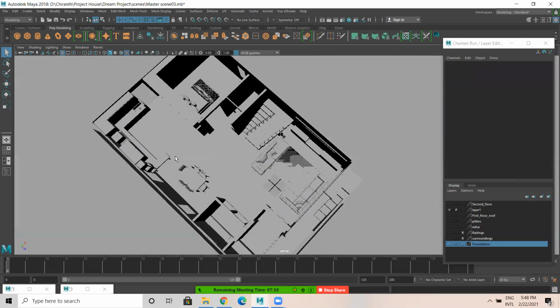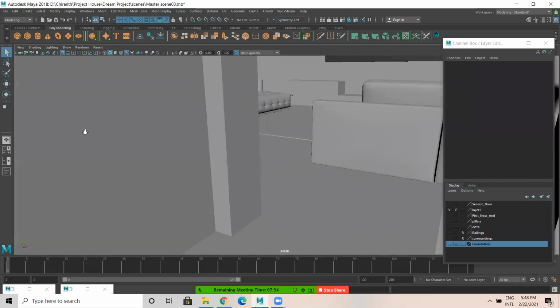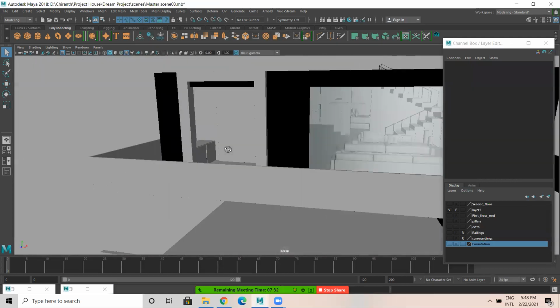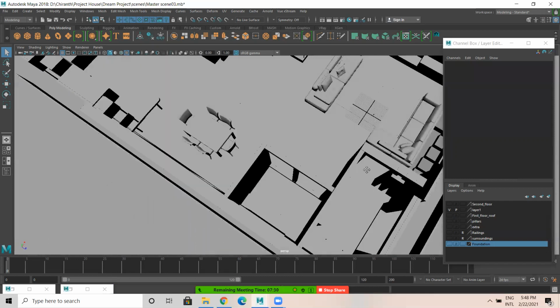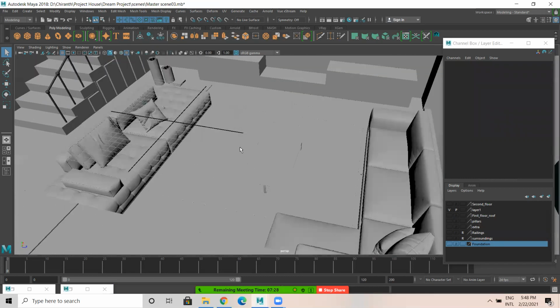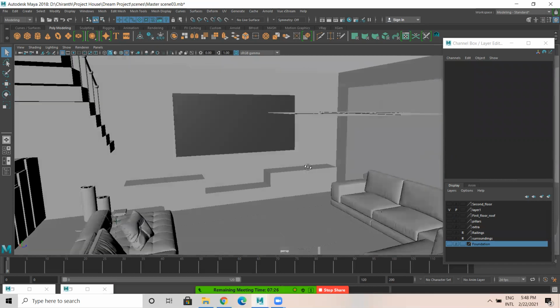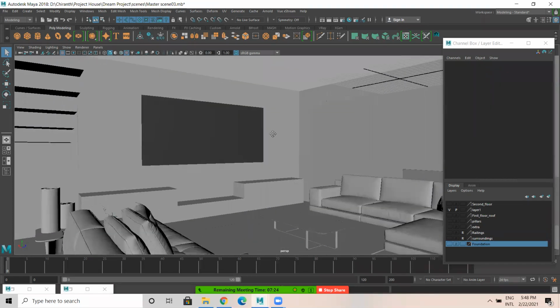This is a model which I'm doing. This is the main entrance, and after the main entrance there is a sub entrance which leads to the living room. These are the detailed things which you can do.